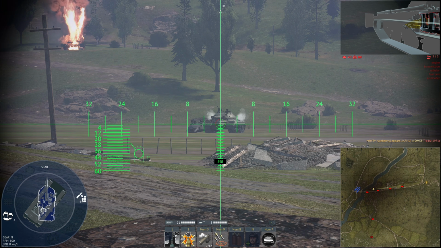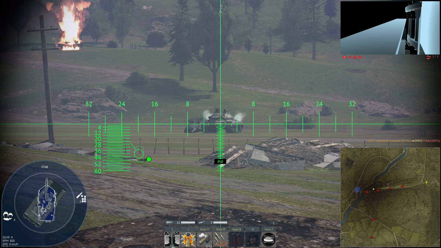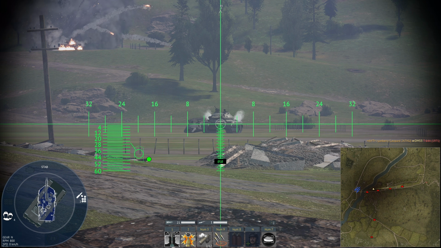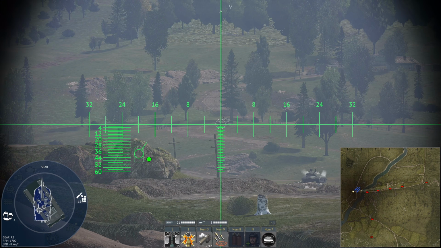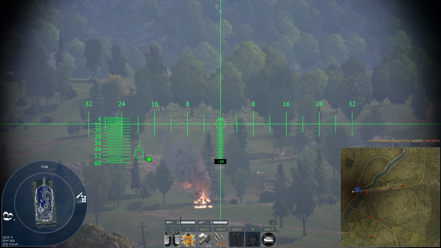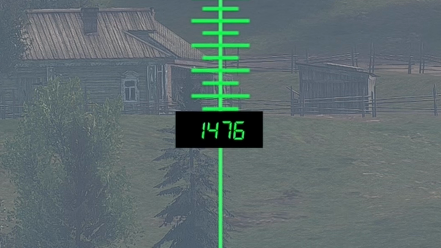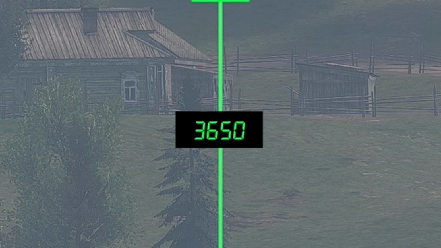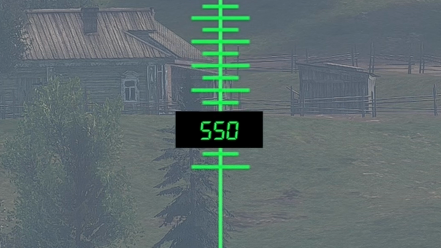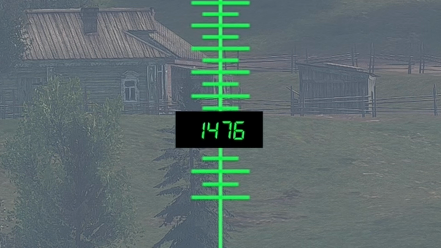Now, I've heard some people are binding their rangefinder and fire button to the same key, which produces some very interesting results. And the next lovely bug is also to do with the rangefinder module. When you use the rangefinder, it will display the range to the point in meters. If you increase the ranging manually, it will reflect that in meters as well. But if you go all the way back to 0, it'll display the last distance from the rangefinder, which is